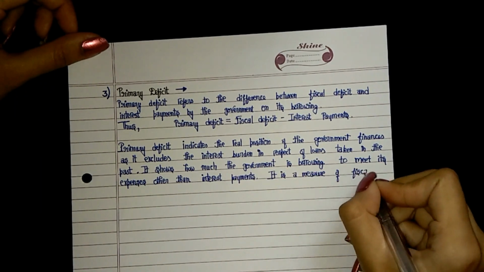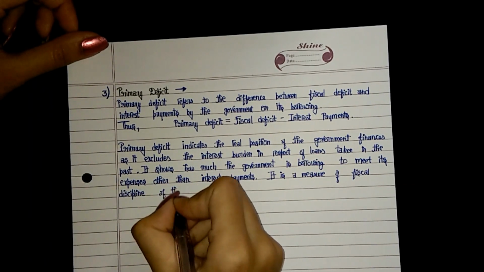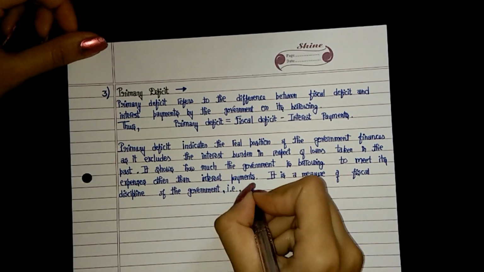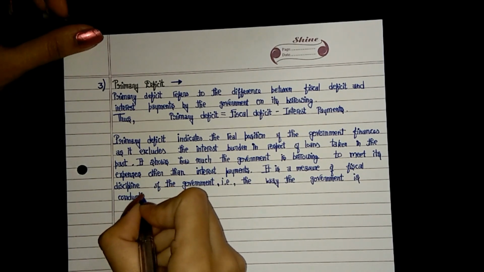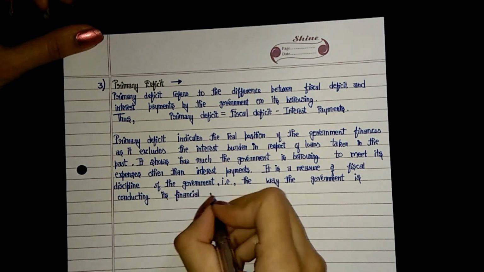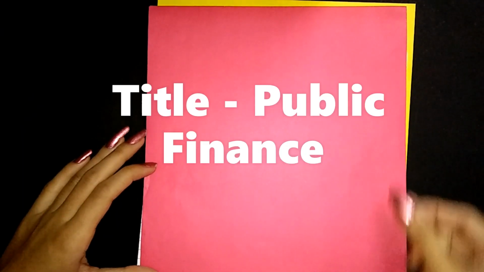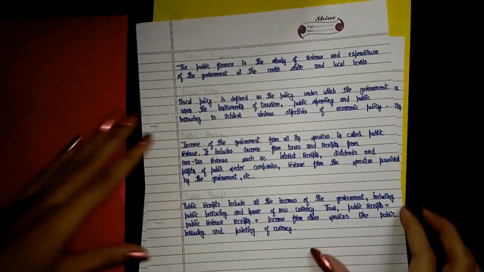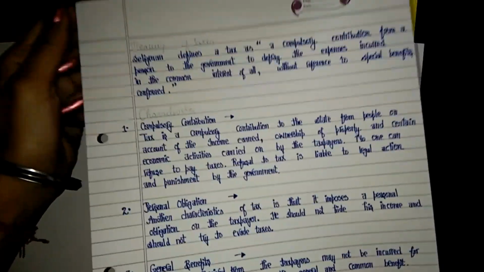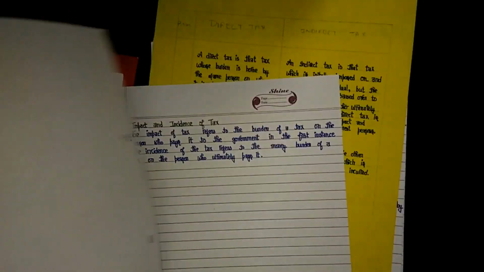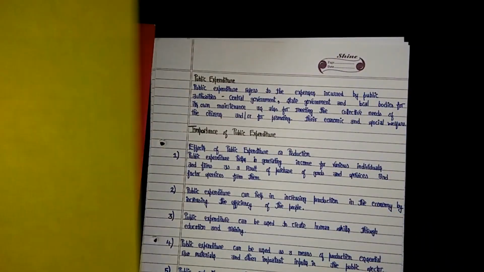So we have completed the 3 points which are given under government budget. So this is the end of your project. After writing this, no more things you have to write. Now I'm going to tell you, this is the title, this is the first page, second portion, and this is the impact one, the differences one,